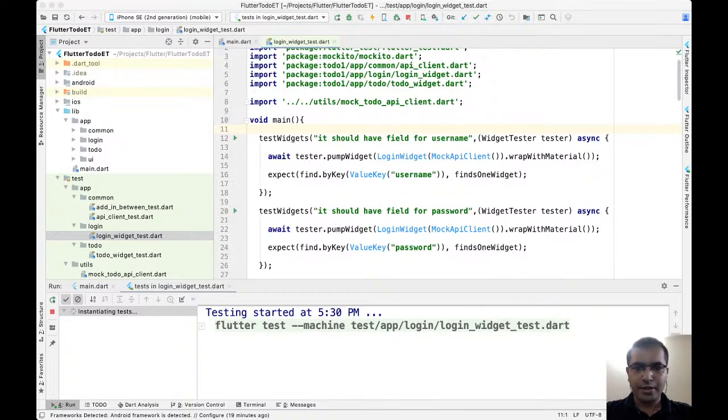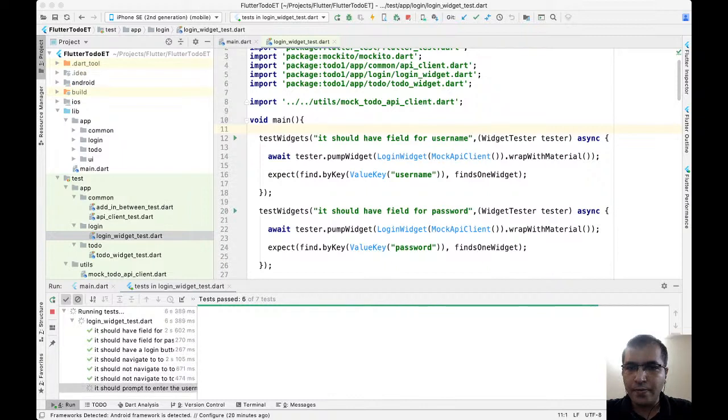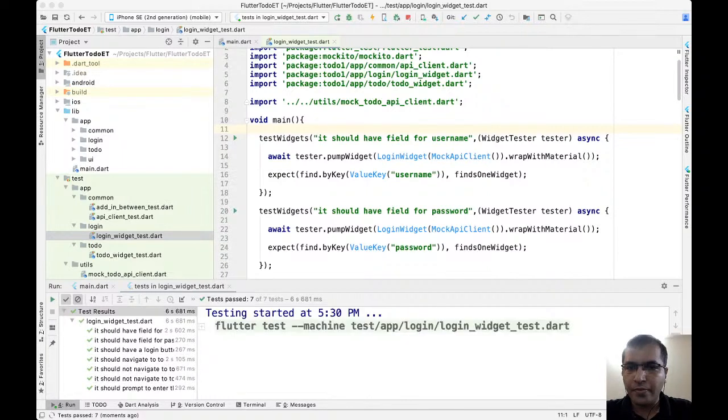So as you can see, it's running a test right now, and the test should pass. We would also try and see what the coverage looks like. I'm not a big fan of coverage. You should not be writing tests, or you should not be doing TDD, to increase the coverage, but to ensure that you have adequate cover for any possible refactoring that you may have to do. Yes, so all the tests are passing.